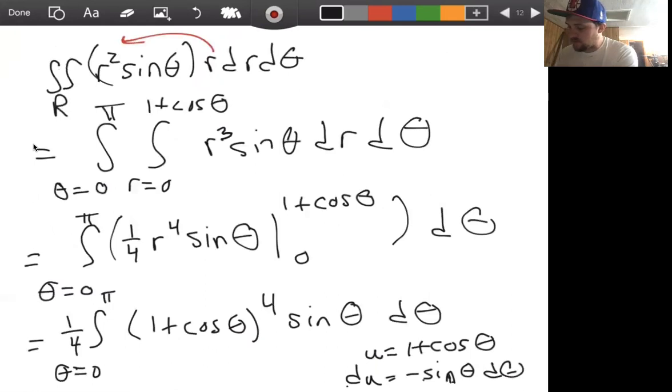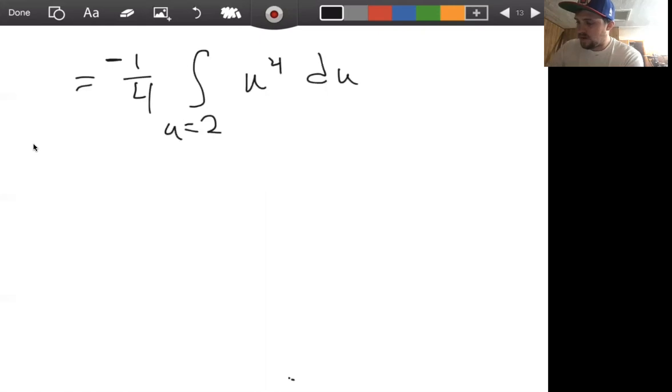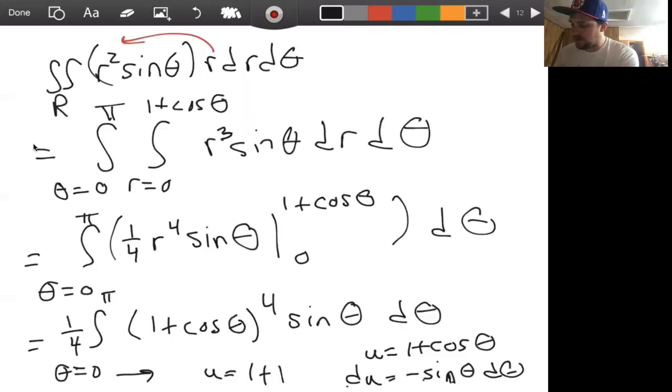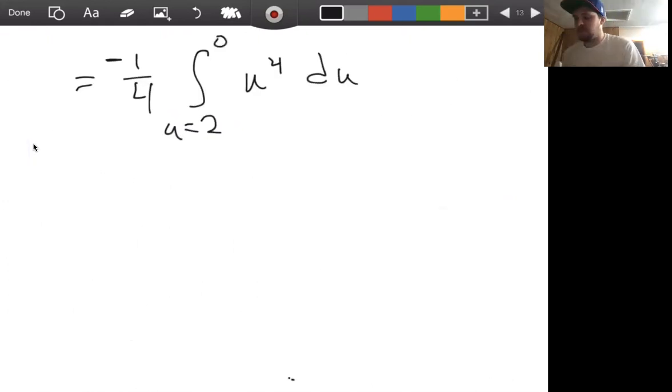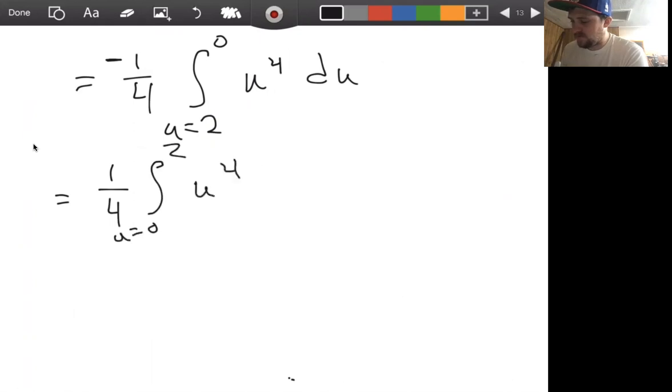When theta is 0, u is 1 plus cosine of 0, which is 2. So our lower bound is 2. And then what's our upper bound? It's pi. So when theta is pi, u is 1 plus cosine of pi, which is 0. So that bound is actually 0. And then you see we can flip the integral here by removing the negative. So this is positive 1/4 integral from u equals 0 to 2 of u to the 4th du,